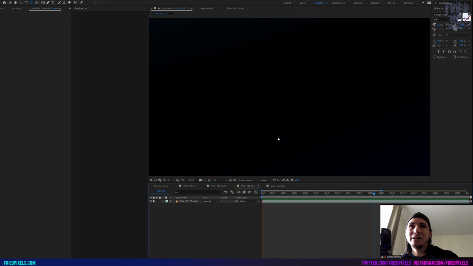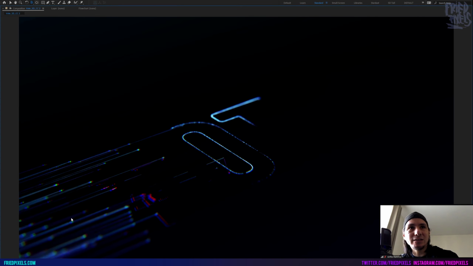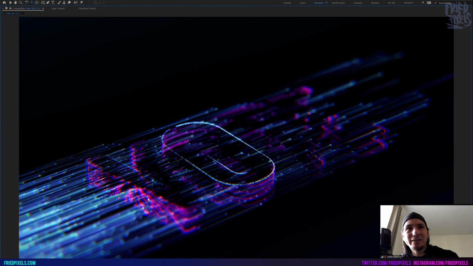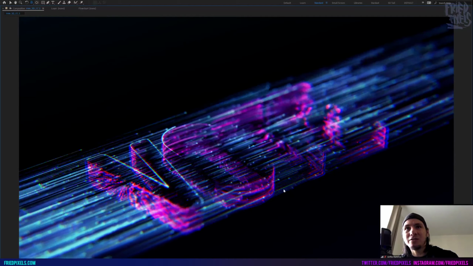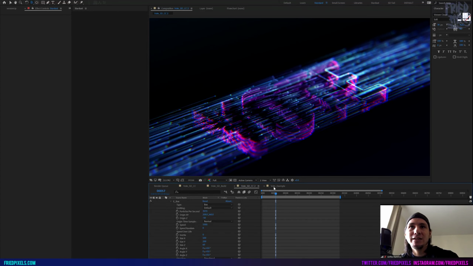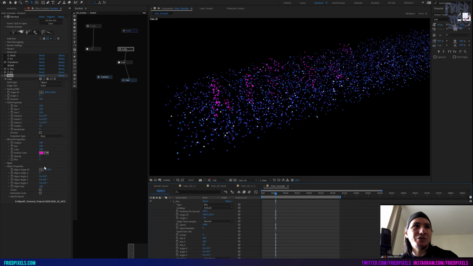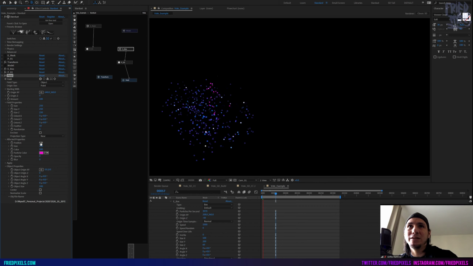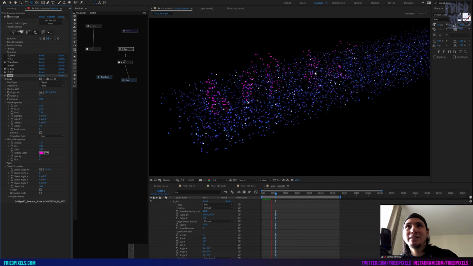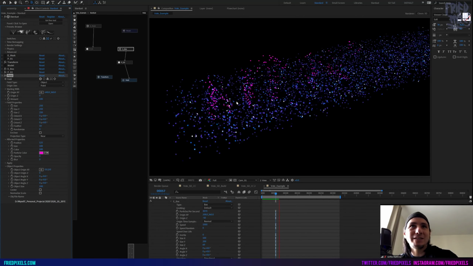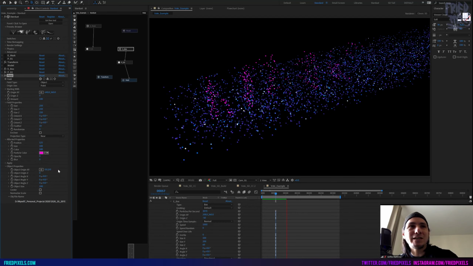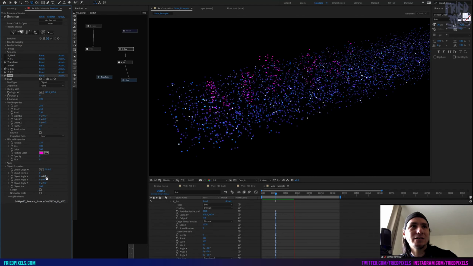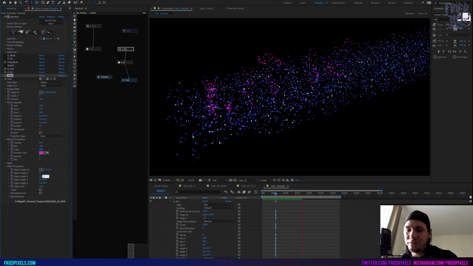Again, looking at the reference, you see that they come in, they kind of hit, they're changing colors, and then they're moving around that geometry. So what we're going to do is affect the position by, let's say, 200. Maybe not so much, maybe just a little bit. So it comes in, hits the text, and actually what you can see is that it's not rotating it, it looks like. What if we manually rotated that?